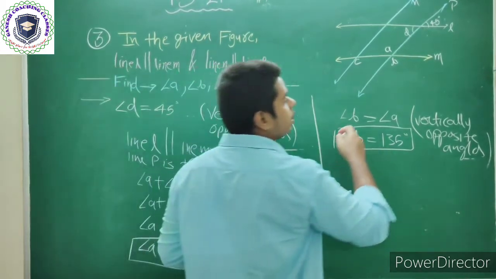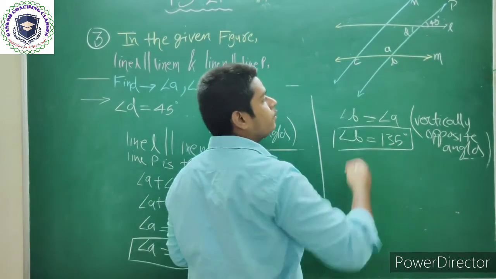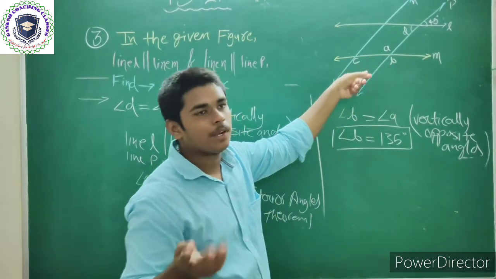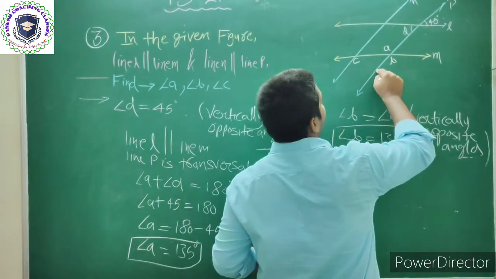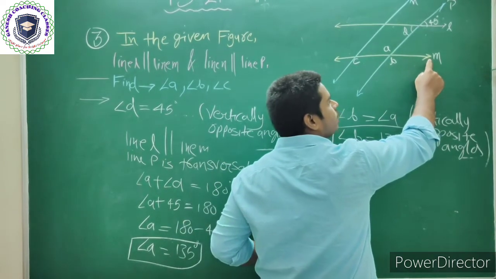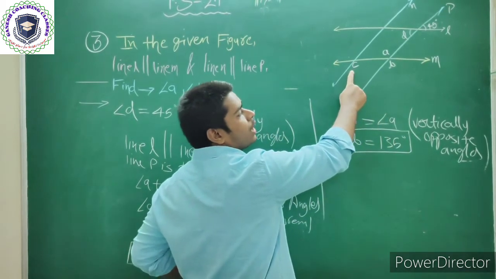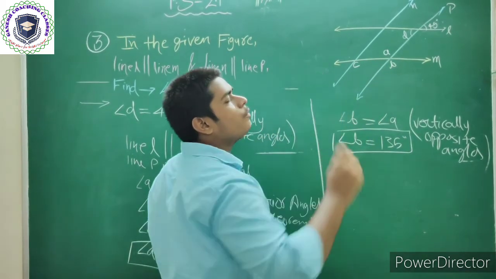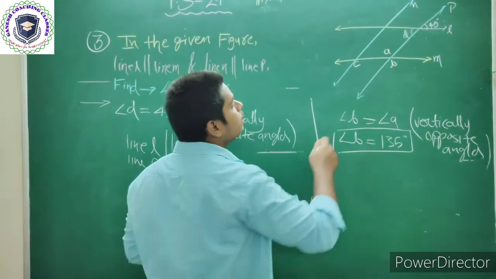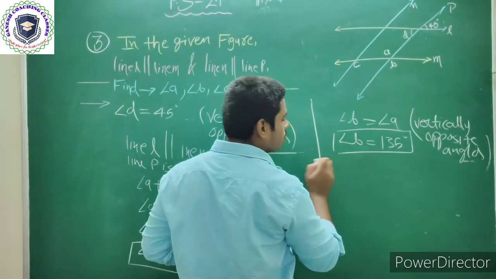Okay, when we are looking into the figure, we are seeing that B and C are corresponding angles. By which lines are these two corresponding angles made? When lines P and N are parallel to each other and line M is the transversal, we are getting here B and C corresponding to each other. We learned the definition of corresponding angles: the angles which look the same. So here B and C also look the same, so we can conclude that these are corresponding angles.